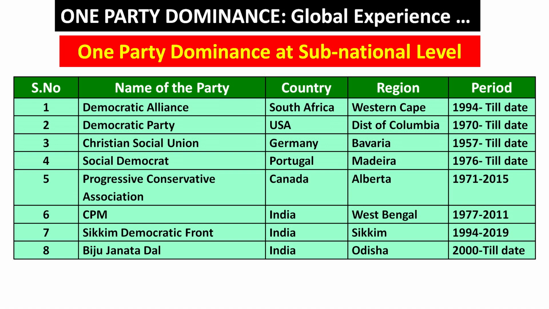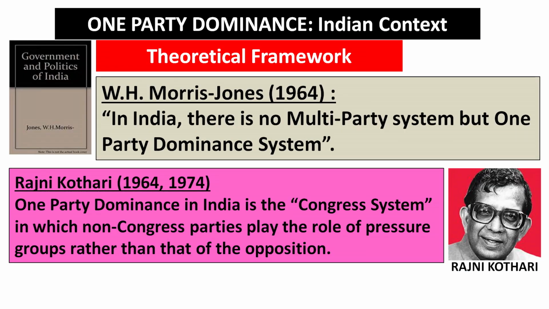2018 in Tripura. So, just like Sikkim Democratic Front, in Sikkim a regional political party, it remained in power from 1994 to 2011. Pawan Kumar Chamling was the longest serving chief minister in that state and also in India. Then Biju Janata Dal in Odisha 2000 till date, and that is why by keeping all these things in mind, one of the